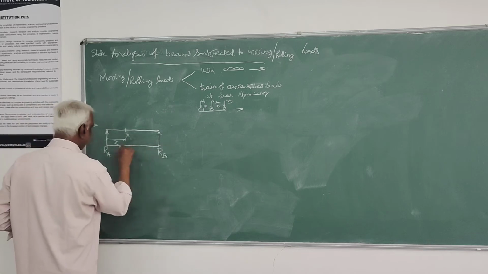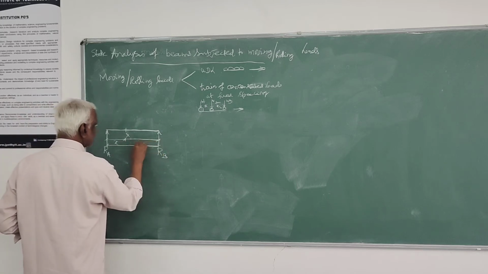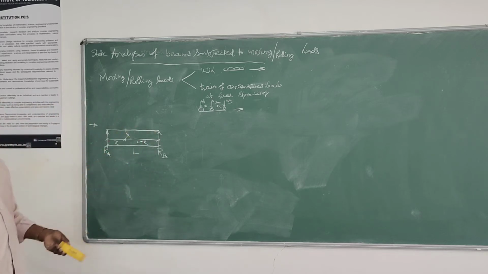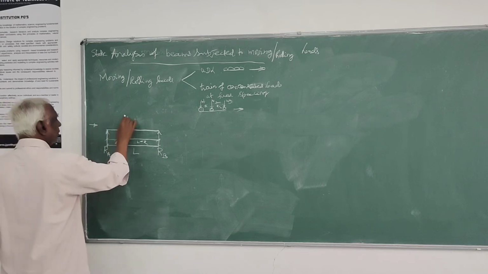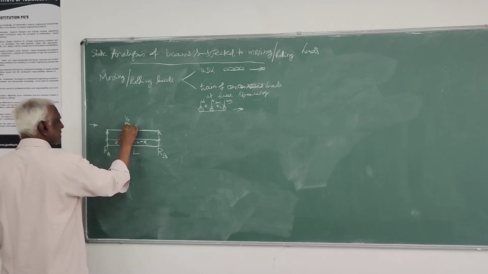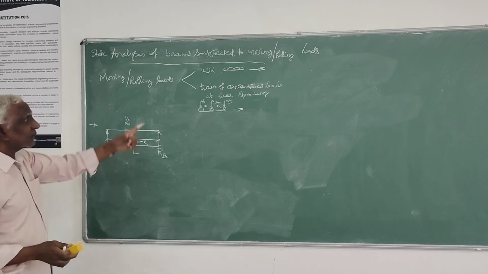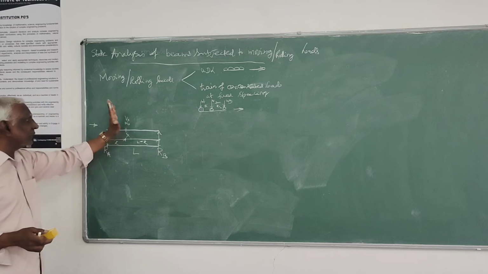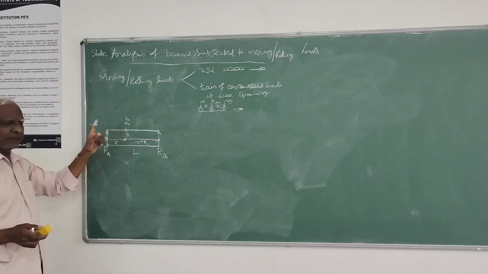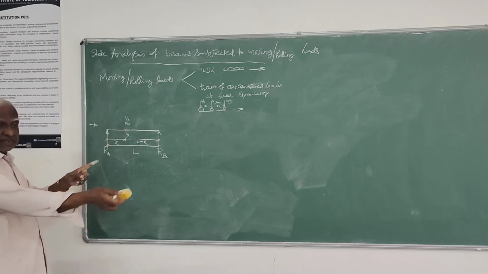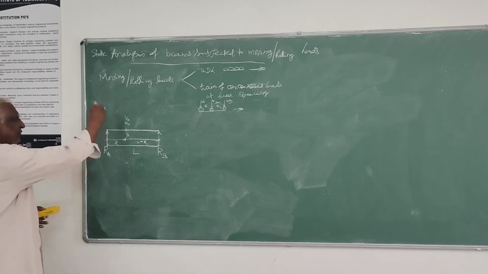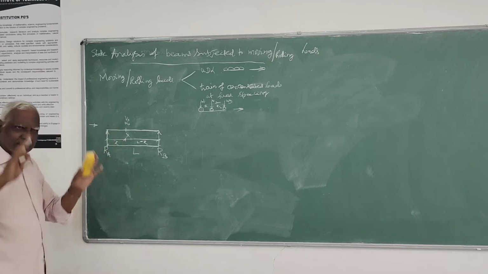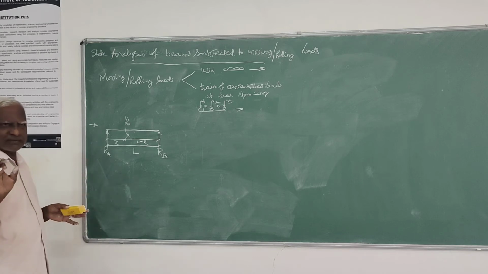If L is the span of the beam, at any distance x from one support, from the other support it will be L minus x. At this point, what is the shear force, what is the maximum bending moment. Here there are two types of things. One is how to find the maximum value of shear force and bending moment developed at the section x. Whereas in the other type of analysis, where the loads are all fixed, the shear force and bending moment at a section cannot change. So it has to have some value.